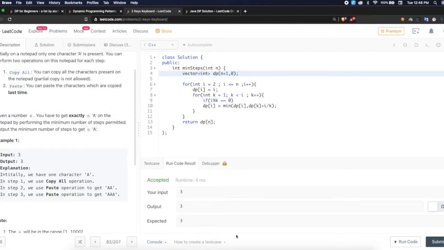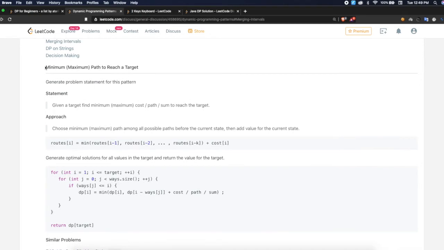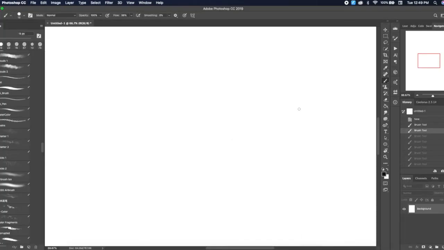This is a very typical and easy DP question, which comes under a concept of DP known as minimum path to reach target. These kinds of questions have a predefined number of loops and a substructure of the solution. So if we solve enough questions and practice enough, we'll get how to do it easily. For now, let me just explain how to solve it.